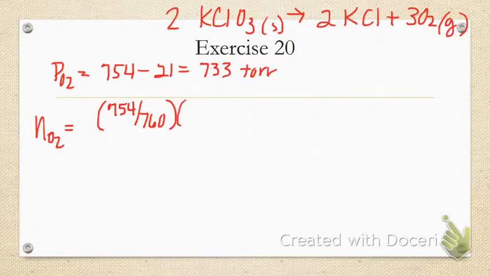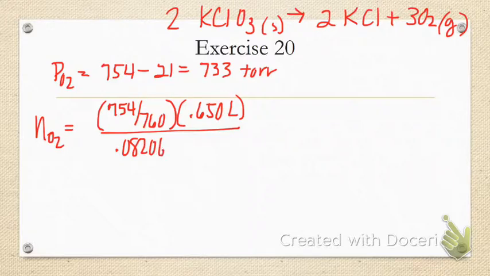And then I'm going to say 0.65 liters because that was the amount of gas we collected. And then I'm going to do my 0.08206. And then I'm going to do 295 K, which is the temperature. So then that is going to give me 0.0259